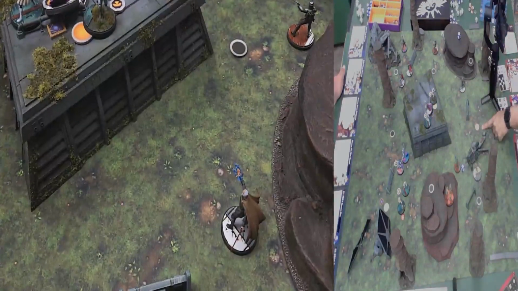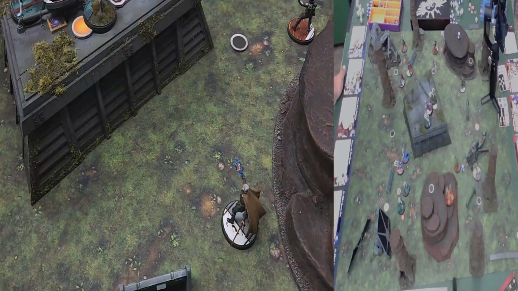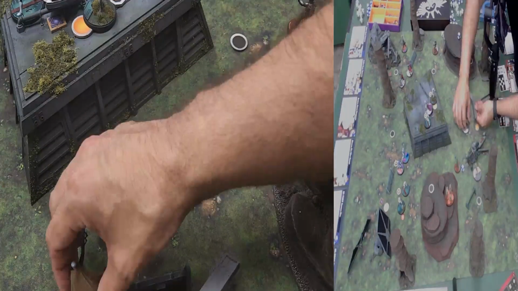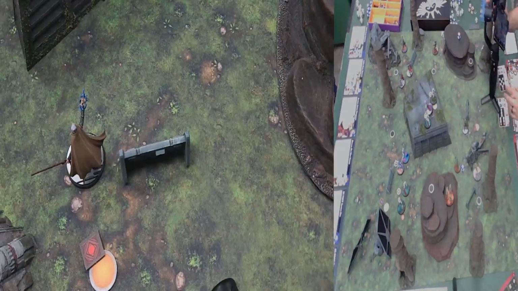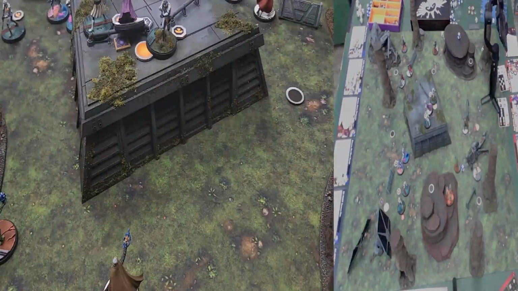I think that's it for him. Yeah, I think he's got it. He's going to go make sure I have this objective. So he'll go like that. I will grab that objective token right here near me. And then he does have a range 4 attack. I think he's going to force...